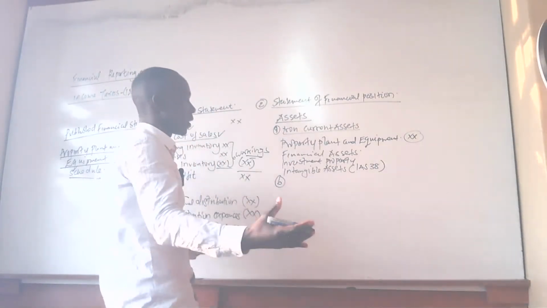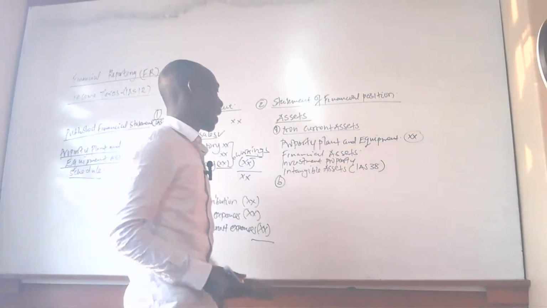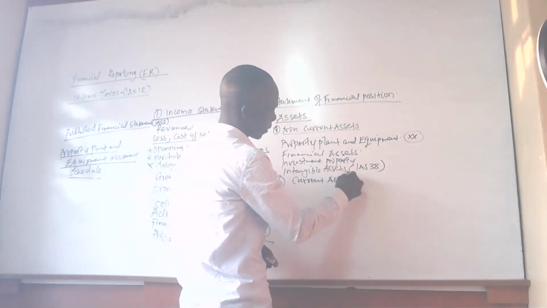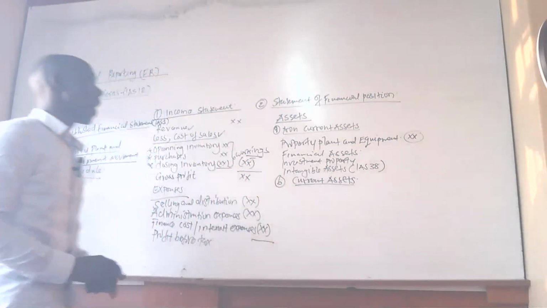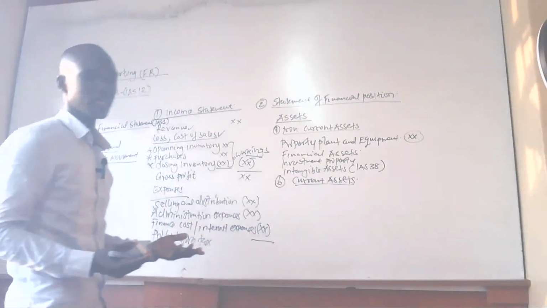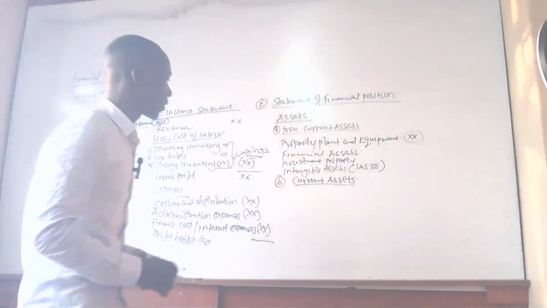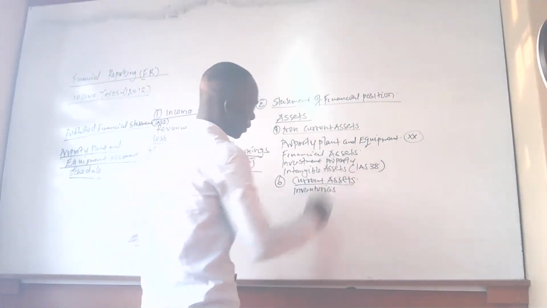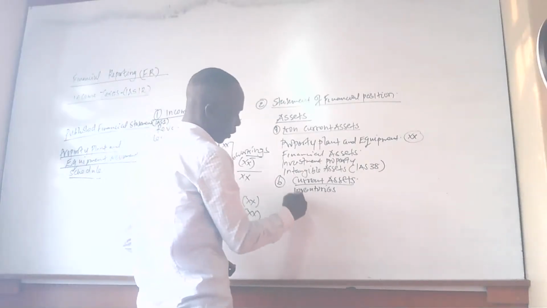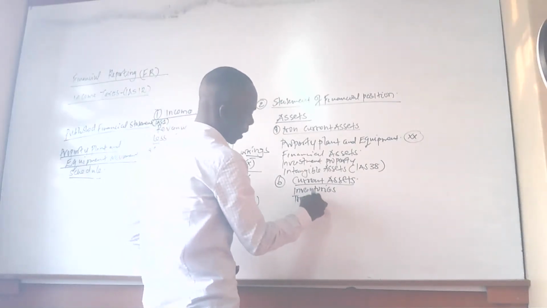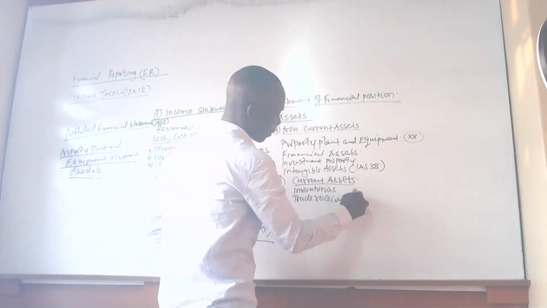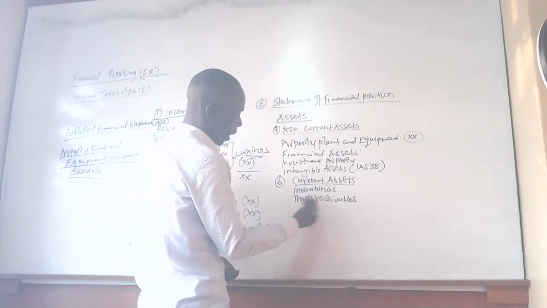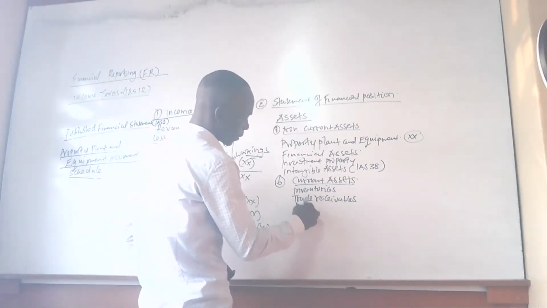Remember, under assets, we have said they are classified into two. We have the non-current assets, and also we have what we call the current assets. So when we talk about the current assets, we will talk about the inventories. Then, other than the inventories, we can talk about the trade receivables. Then we can talk about the prepayments,